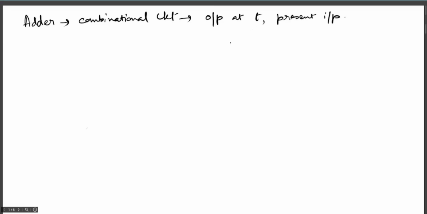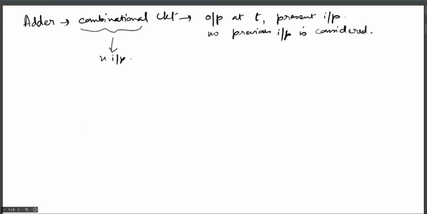It does not depend on any previous input. No previous input is considered. So this is what makes up a combinational circuit, and any combinational circuit can have n number of inputs and